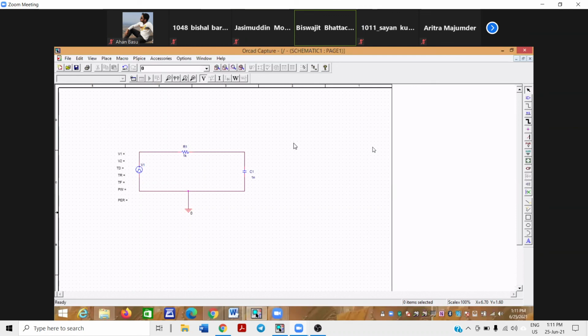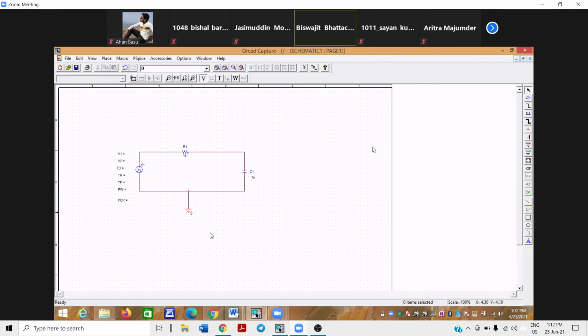So now what I am telling you is, in PSpice, there are various nodes created. A node or junction point between the source V1 and the resistance R1. A junction point again between resistance R1 and the capacitor C1. Another junction point. And this is the ground point.